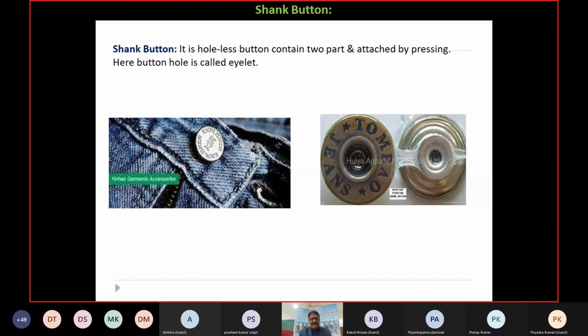So in that case, the strength of this shank button depends on the design and size of each and every part. These are called male and female. So these 2 parts decide the strength, design, contour, and layout. Everything contributes toward the strength of the buttons. So an instrument is also available in the apparel sector for measuring the strength of the button: how much joining force is created by these 2 buttons, in the range that is required for the garments.